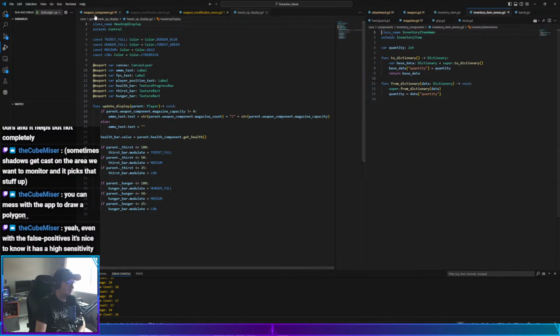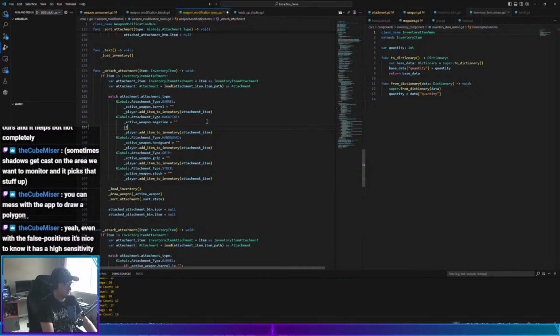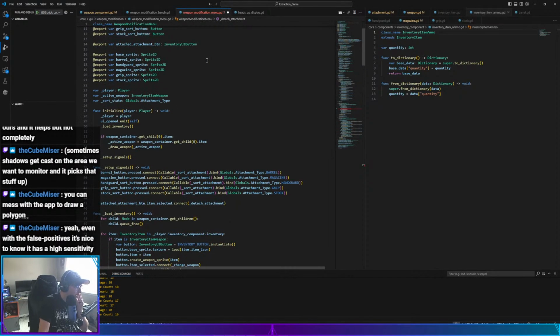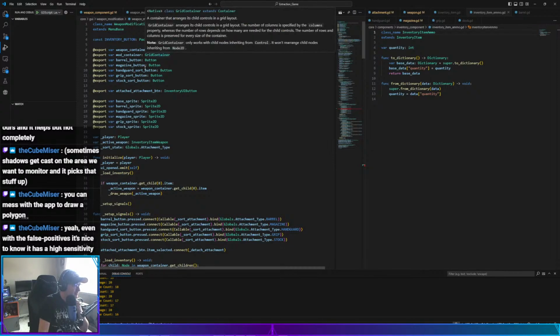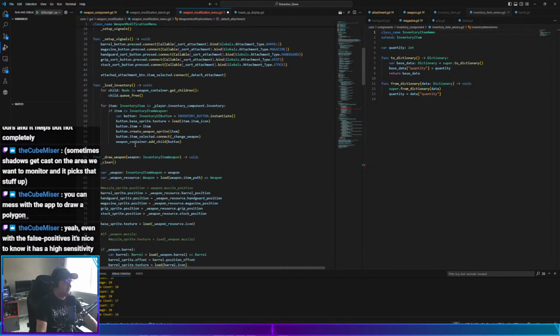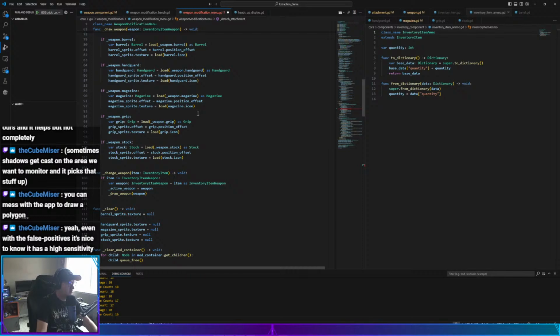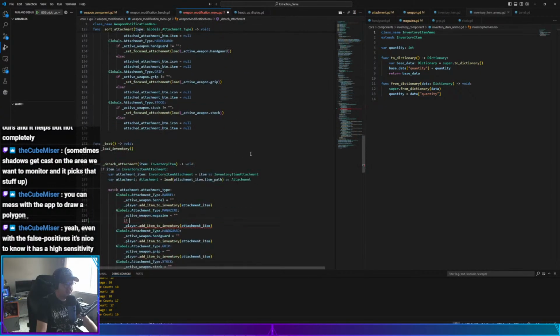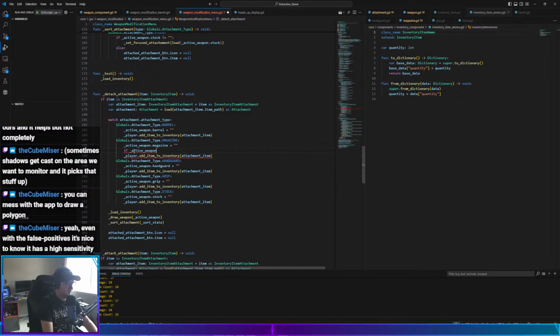So what I want to do then is in the menu, if item dot, no. I need the focused weapon. What is that? The active weapon. Okay. So this is in detach. Come on, where is it? Oh, wait, I have an error. There we go. So if active weapon dot ammo count is greater than 0,